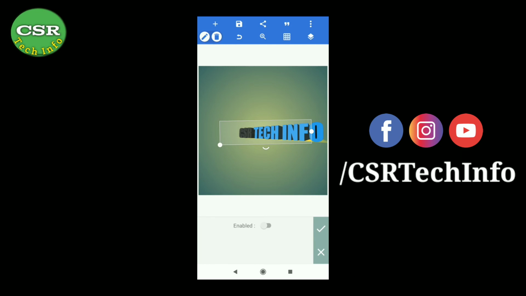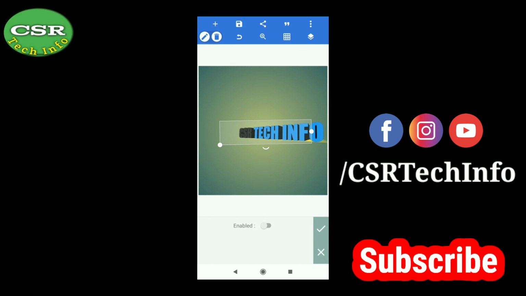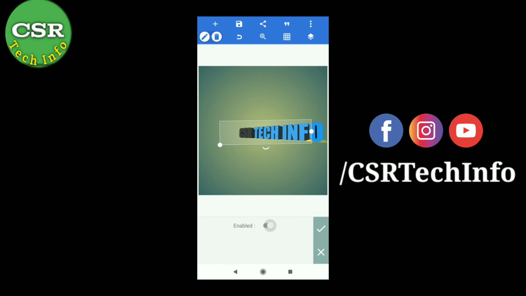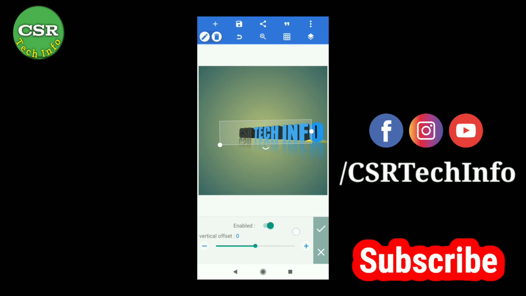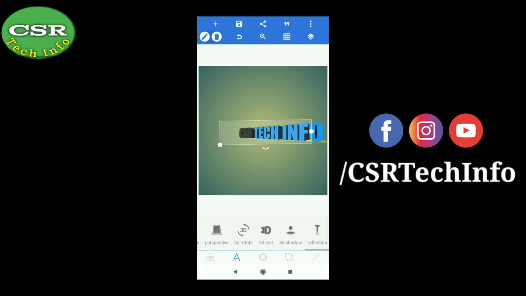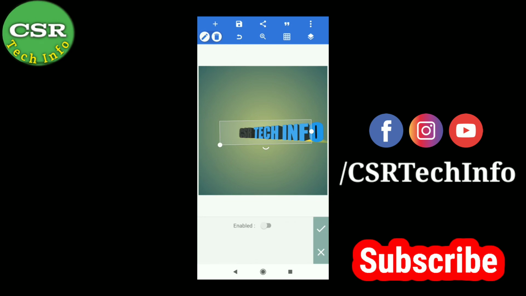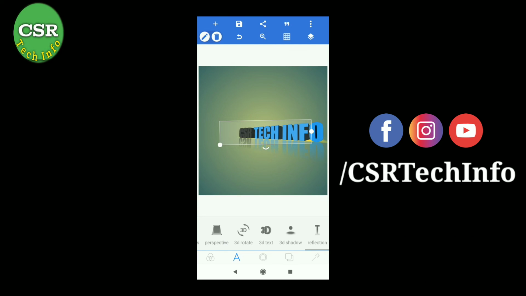For example, if I enable this, the text is copied down like a watermark, its reflection is shown down here. It's called text reflection. I am enabling this. So this is how to add 3D effects to your text, my dear friends.